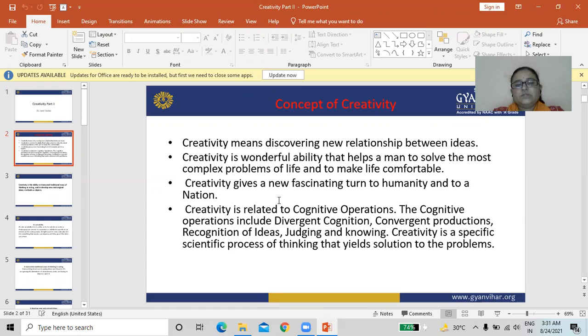Creativity is related to cognitive operations. The cognitive operations include divergent cognition, convergent productions, recognitions of ideas, judging and knowing.